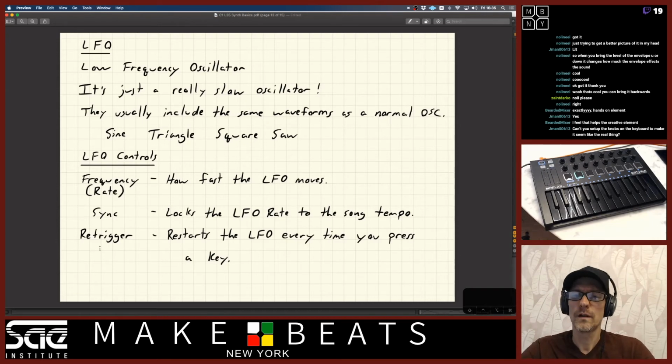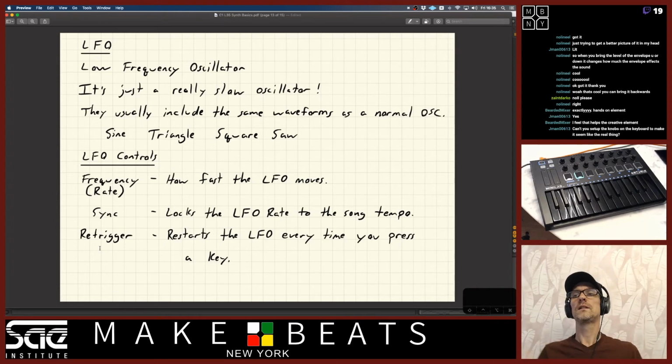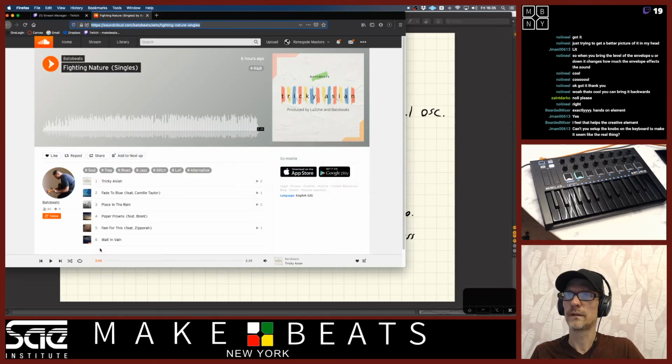All right, so the low frequency oscillator, LFO, stands for low frequency oscillator. It's just a really slow oscillator. It usually includes the same waveforms as a normal oscillator. For example, sine, triangle, square, saw. And as a matter of fact, if you look at the old Moog synthesizers,